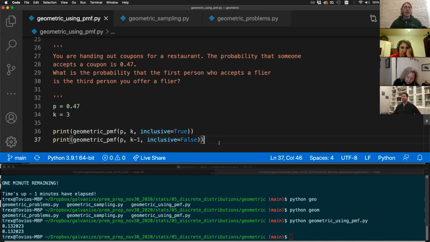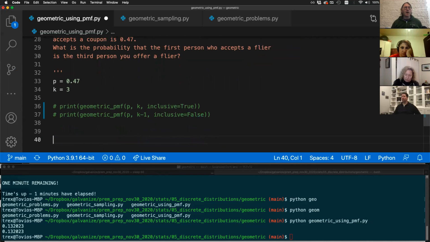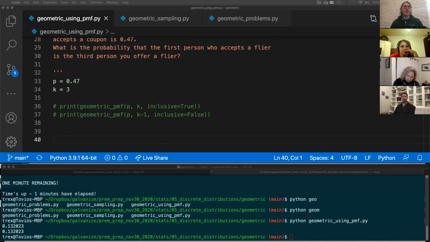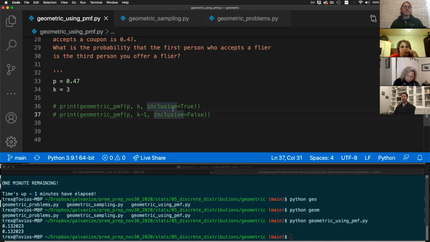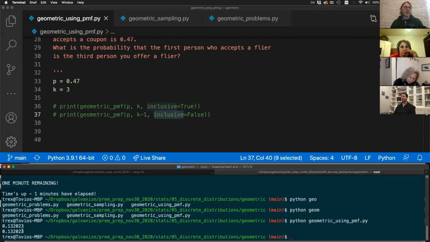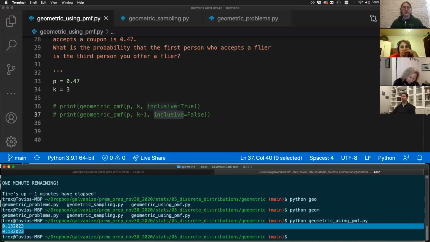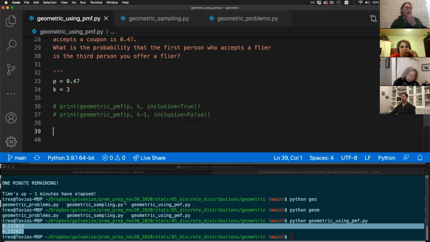Sometimes it's easier to think about it one way over the other way. I don't think we have any problems where it would be difficult to think of it one way as opposed to the other way. But at the end of the day, if you use the inclusive form on a problem or the exclusive form on a problem, you should end up with the same result, right? In this case, both of those should be 0.132. All right,